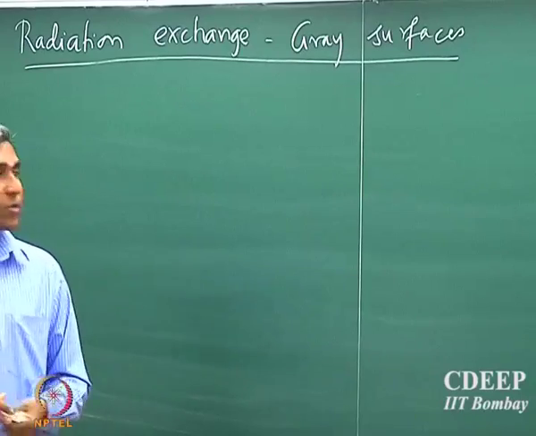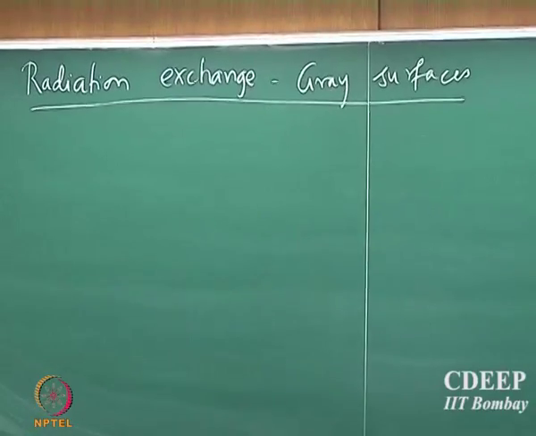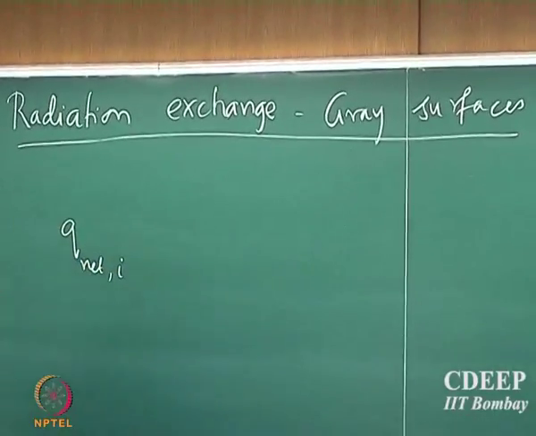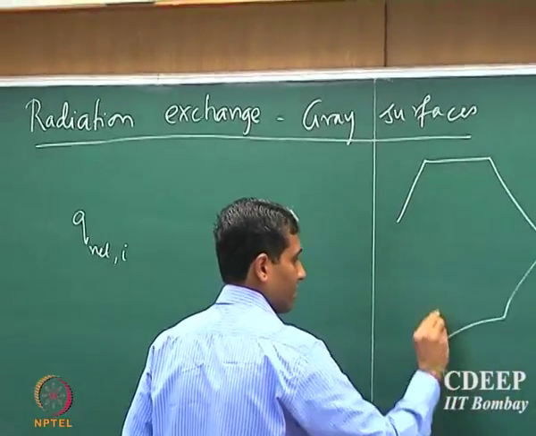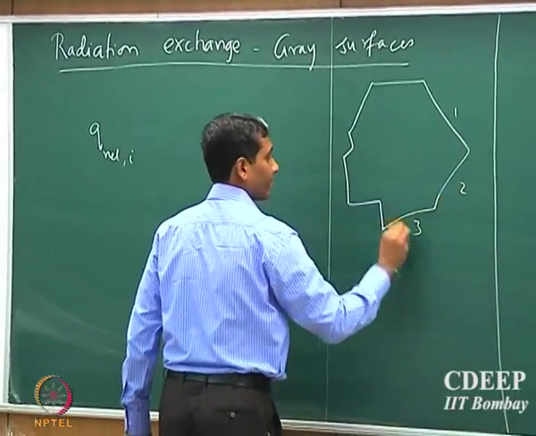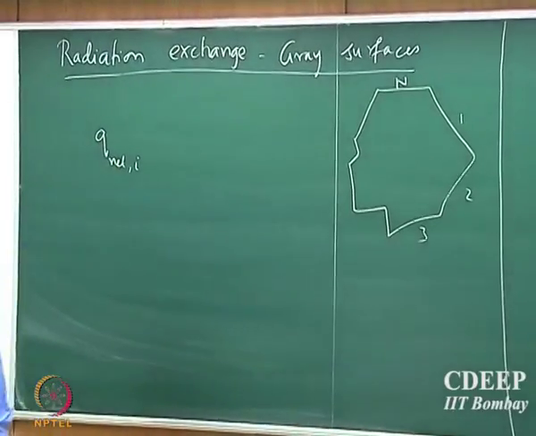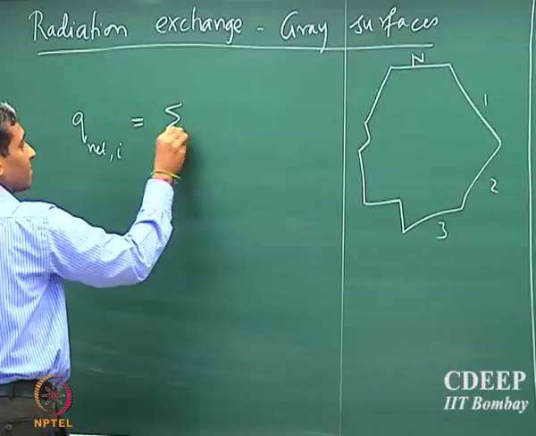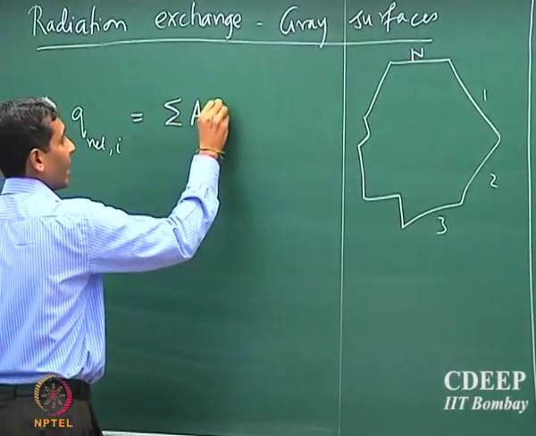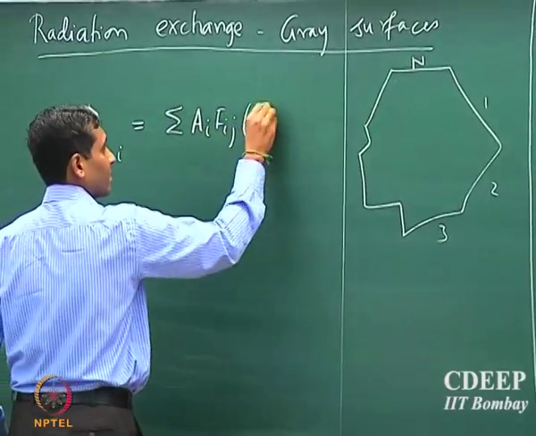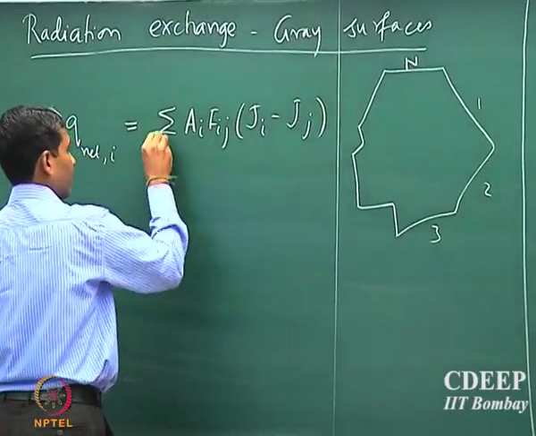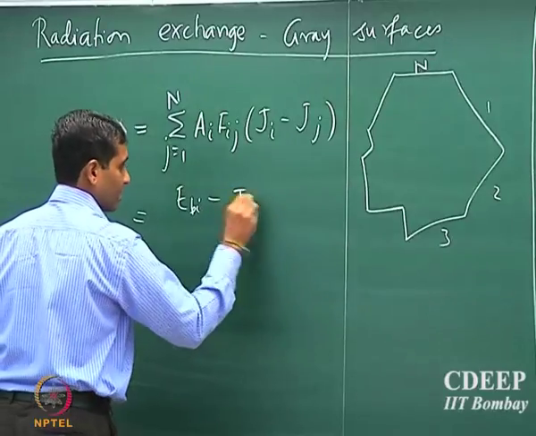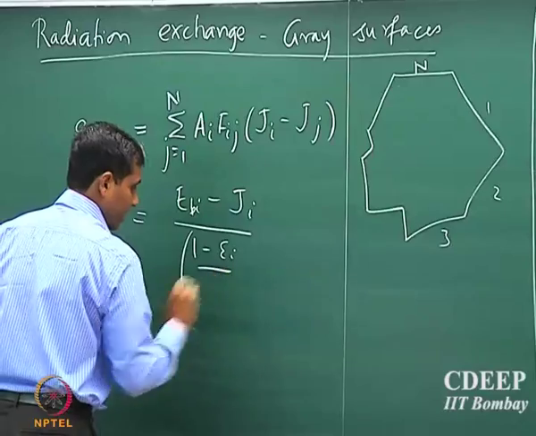We looked at the energy balance for radiation exchange in gray surfaces. So, we said that the net radiation exchange, if we have an enclosure with n surfaces and each of them are exchanging radiation with each other, is given by the sum over all Ai Fij, j going from 1 to n, and that is also equal to (Ebi minus Ji) by (1 minus epsilon i)